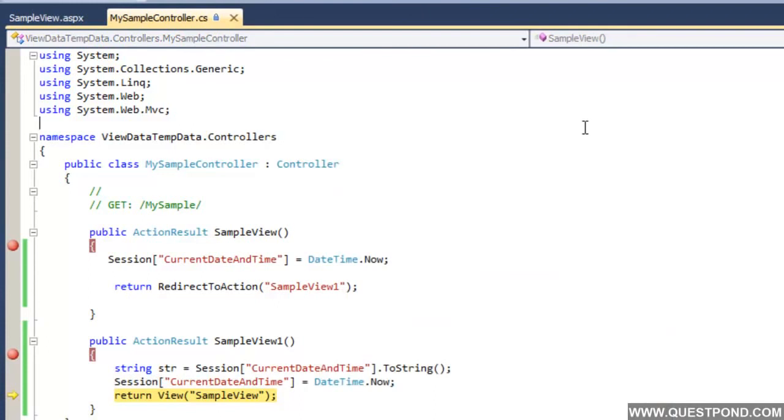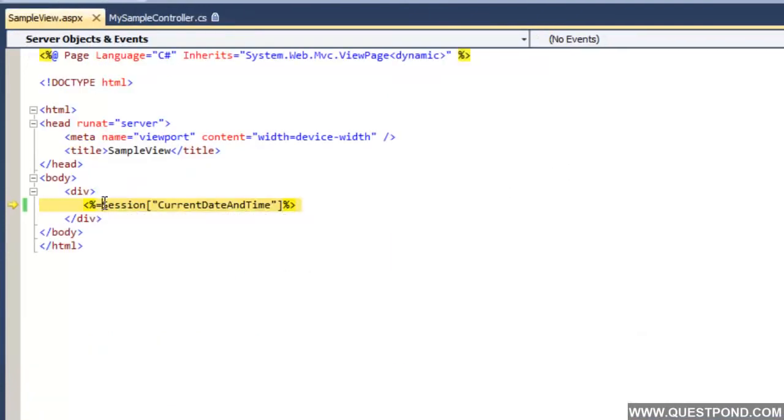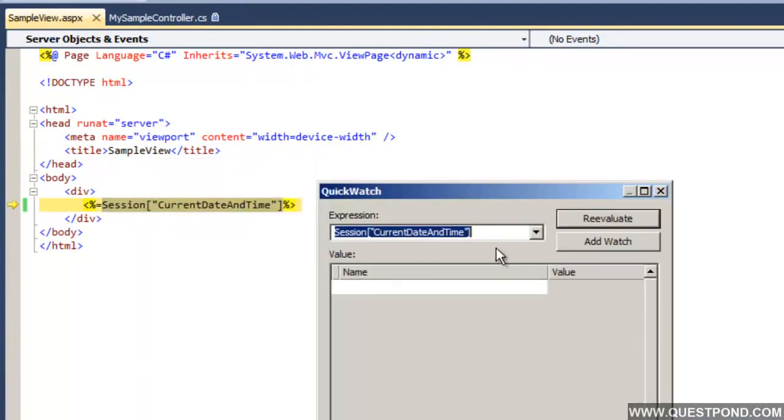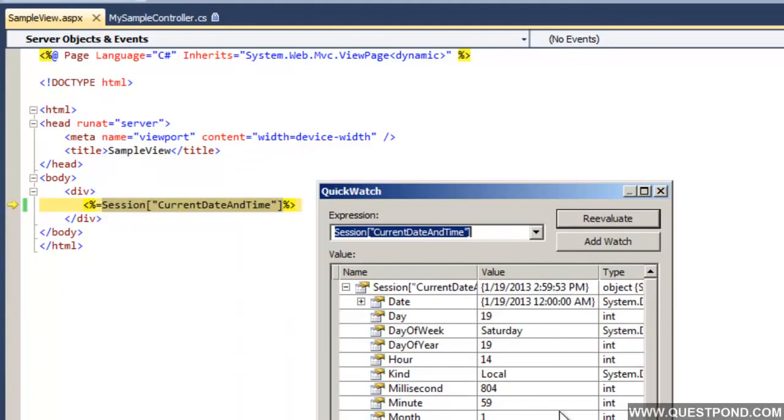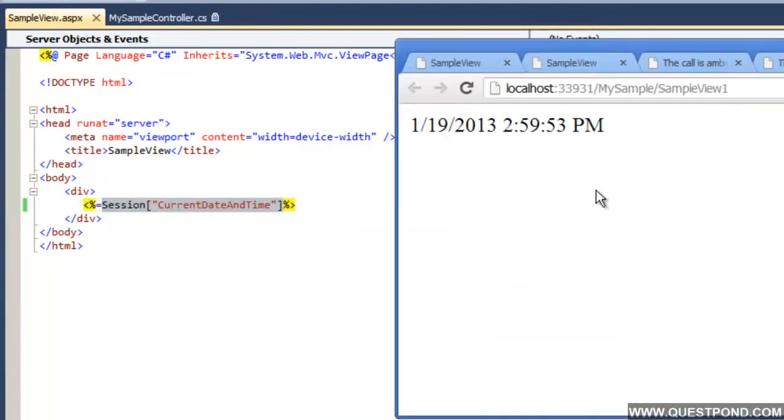Now let me press F11 here, and now I should be able to see the same value in the view. So now I am going into the view, and here also, in quick watch, you can see 2:59:53. So with session variables, whether you move from controller to controller, or from action to action, or from action to a view, the data will be maintained.